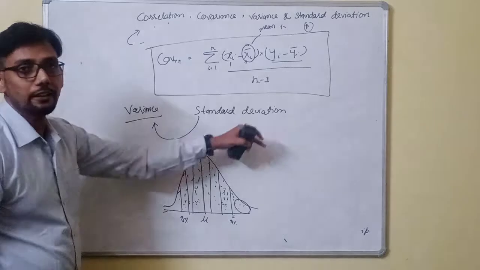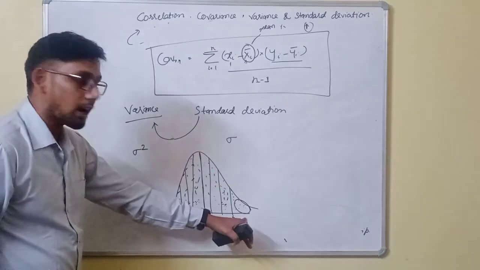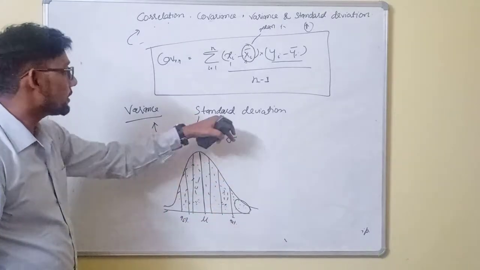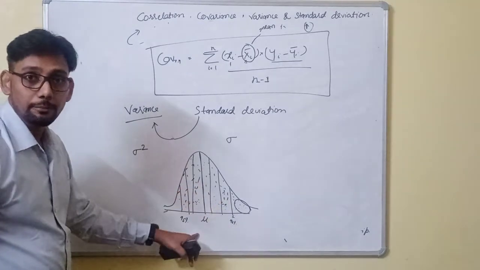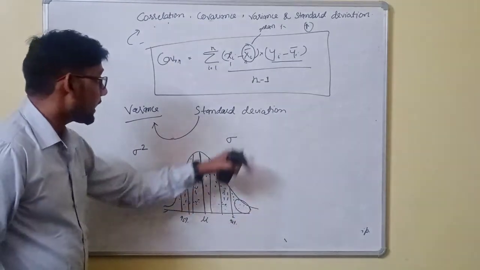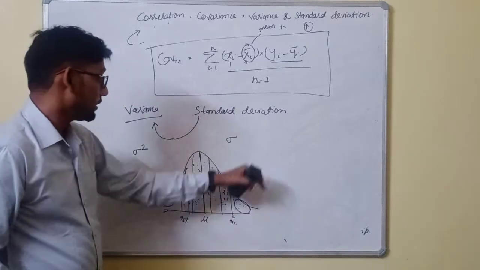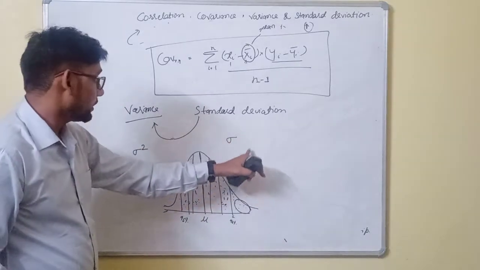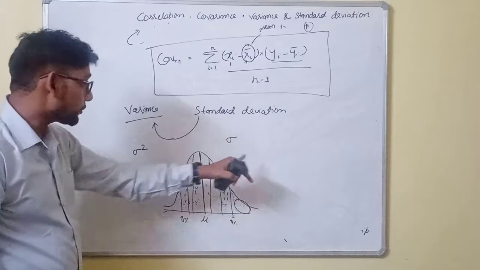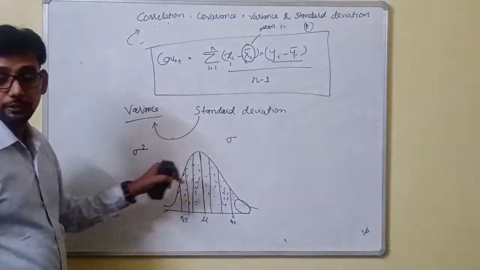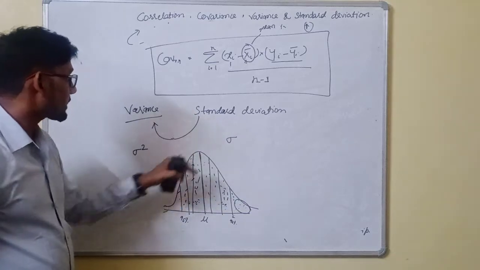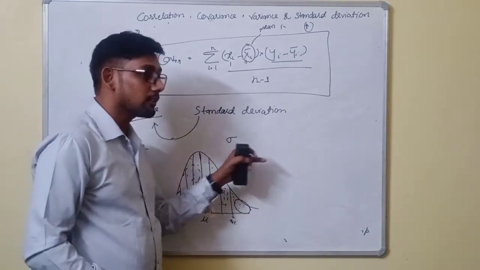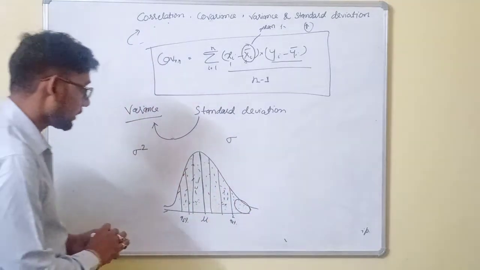We can use this standard deviation to detect the outliers as well. We can use the standard deviation to detect how the data is distributed from the mean. We can also use it in hypothesis testing, right, for measuring the confidence. I'm not going to talk about hypothesis testing here. In another video, I will describe hypothesis testing, how we measure the confidence, etc.